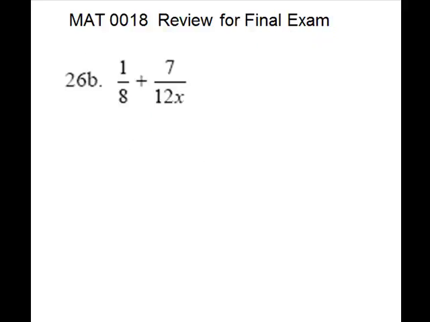For our next problem, we have to do a little bit more work to find the least common denominator. So we do need a common denominator. 8 doesn't go into 12, so we're not going to be able to use a 12. We can use the multiple method, or we can go to primes. I'm going to go ahead and do primes since we have one variable. So if we break an 8 to primes,